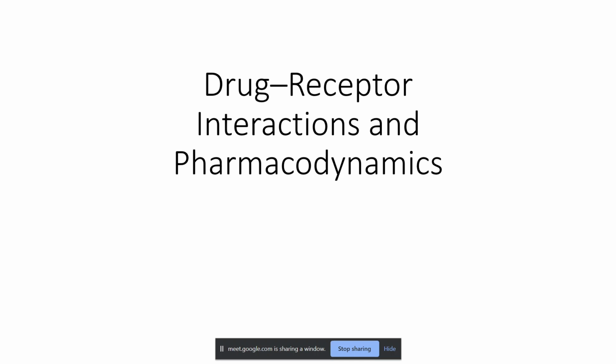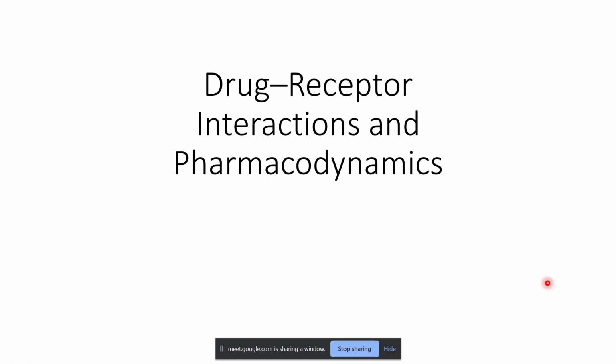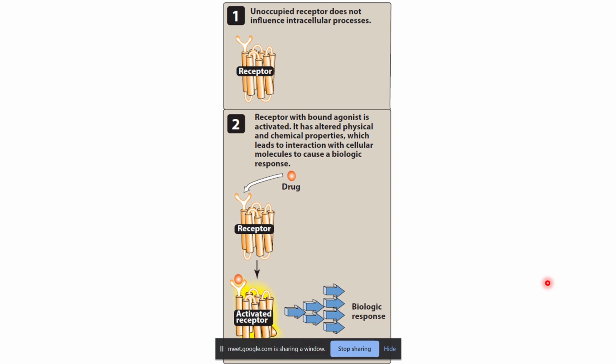Today's topic is drug-receptor interactions and pharmacodynamics. Pharmacodynamics is the main part of pharmacology and studies the way drugs influence the human body. And there are different mechanisms for drug receptors and for the drug mechanism of action, and one of the most commonly used